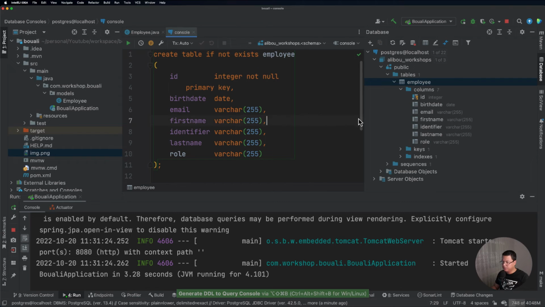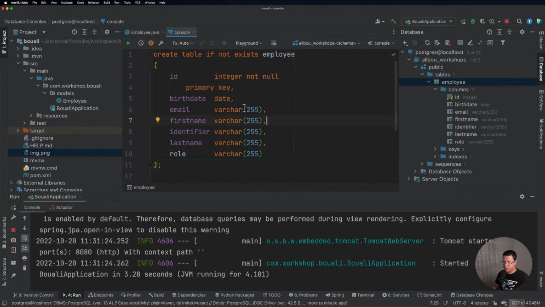And here we see the SQL script. Here we have this ID of type integer, which is not null because it's an ID, and also it's a primary key. But the rest of the attributes were just declared. For example, here it's a varchar, meaning this is a string, and the length is 255. But here we see that this can accept null values. So now what we want to do is to prevent this, and this email can also accept duplicate values.